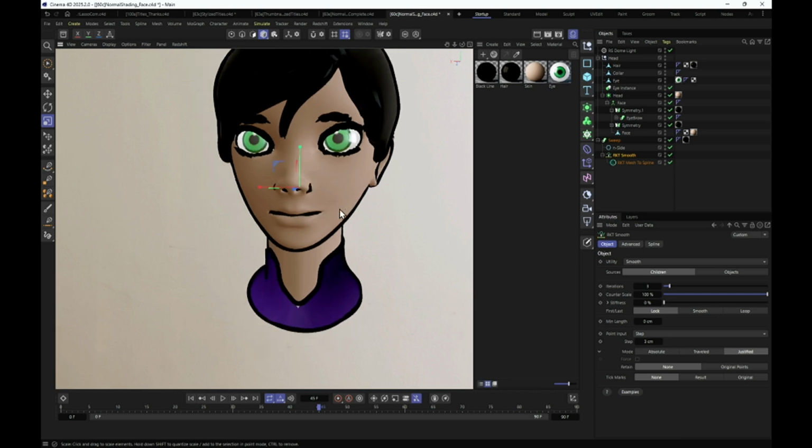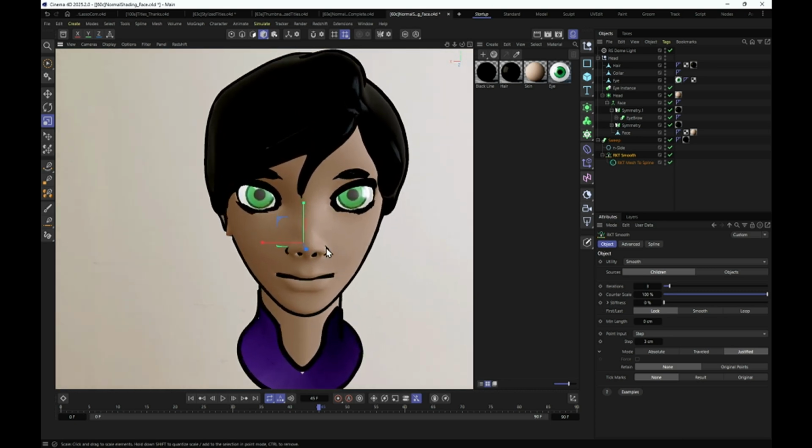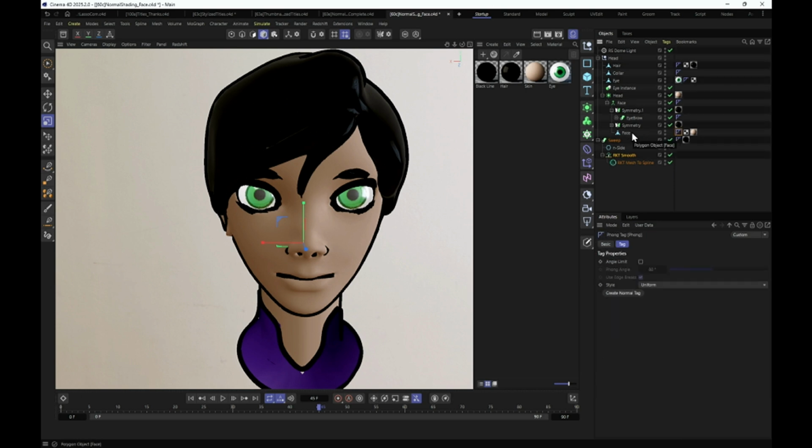Okay, so having said that, let's talk about the normals of the object. So how do you get a normal tag? Well, the easiest way is to grab a Phong tag that's on any object that's been made editable. And I'm gonna say create normal tag. There's just a button. So I create that, and now we can move that, in this case, up to